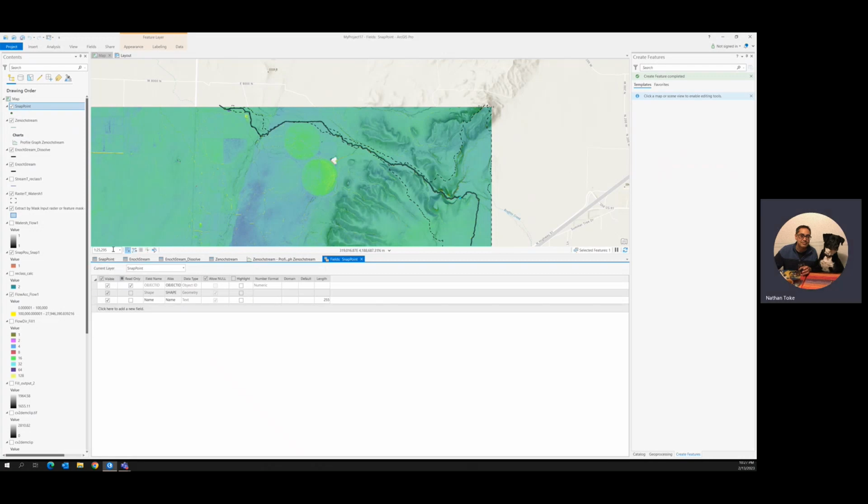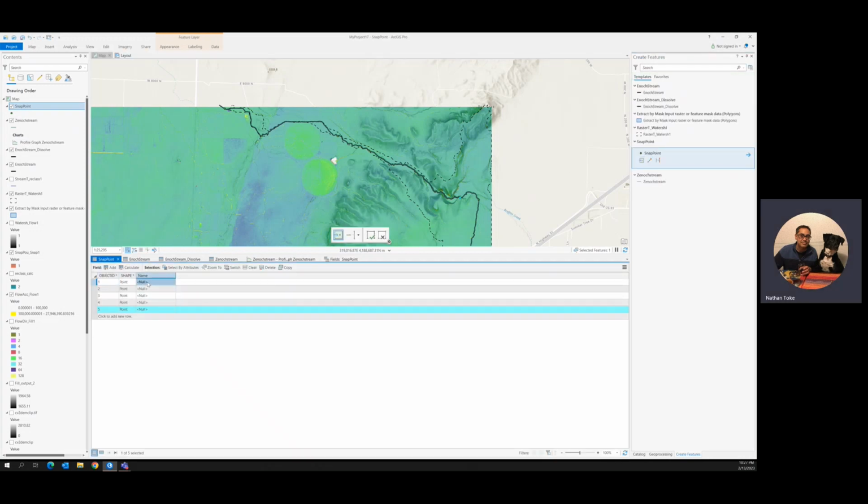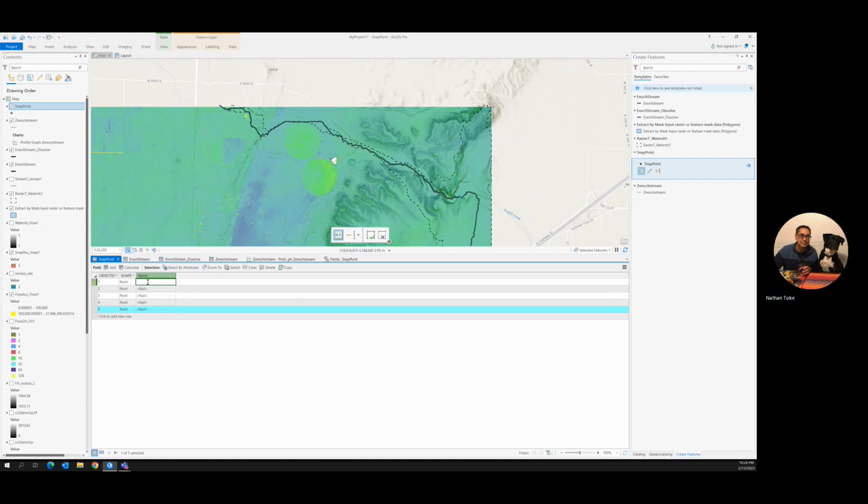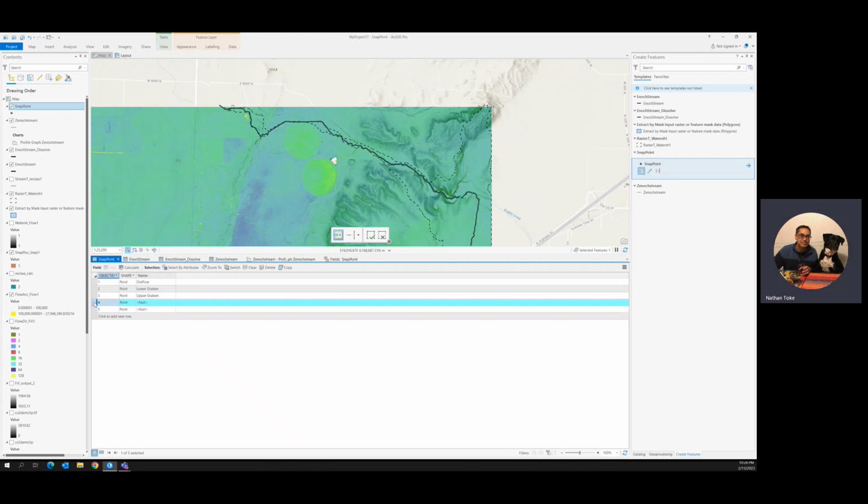Then I can go back to snap point, and I can say point 1 was outflow, the watershed. Point 2 is lower Graben. Point 3 is upper Graben. I think I have got these in the right order. Then I kind of skipped, didn't I? So I better highlight them. So point 4 is kind of